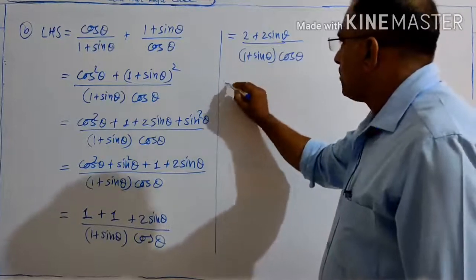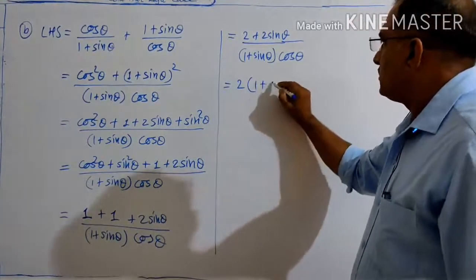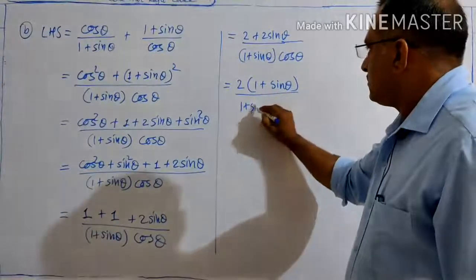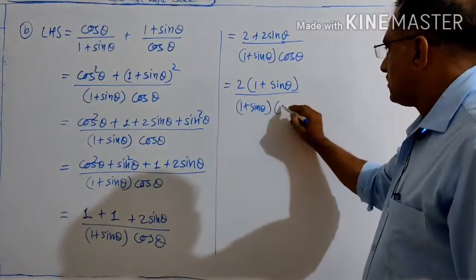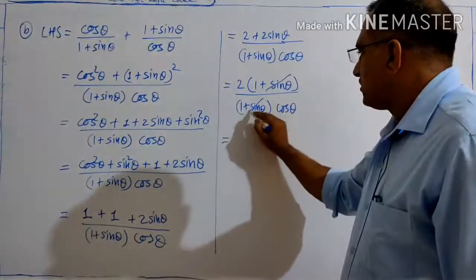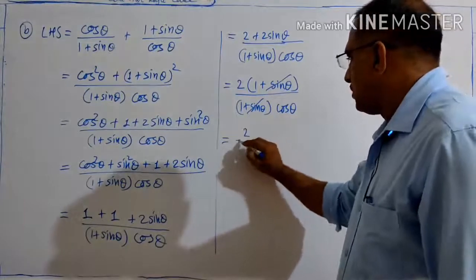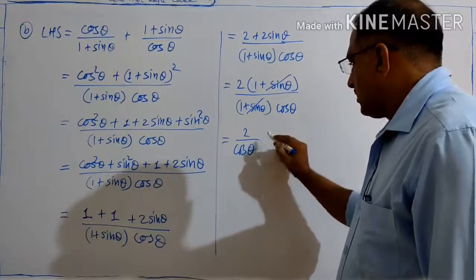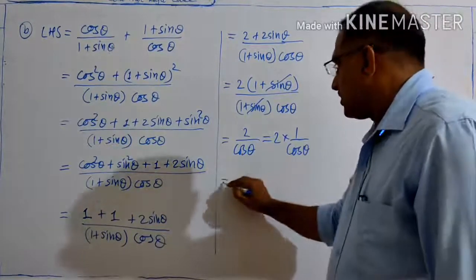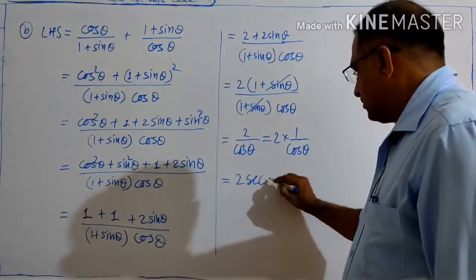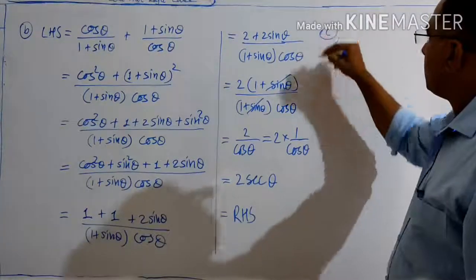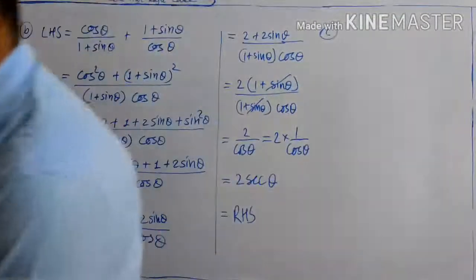Now taking 2 common in the numerator, 2 in bracket (1 plus sin theta) divided by (1 plus sin theta) multiplied by cos theta. That is, here 1 plus sin theta cancels, so now 2 upon cos theta, and that can be written as 2 multiplied by 1 upon cos theta. Now 1 upon cos theta is reciprocal, that is sec, so it is 2 sec theta, and that is equal to right hand side. Next question we can take C,